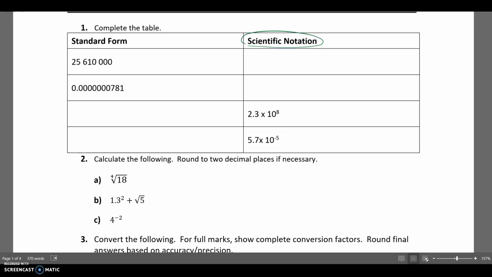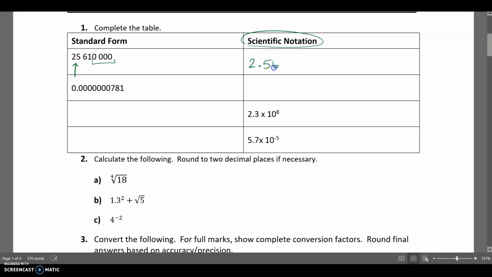In the first examples, we'll convert from standard form into scientific notation. If I look at my first number, that means I want the decimal here between the 2 and the 5. So there's only one digit, the 2, to the left of the decimal. I only write the significant digits, remembering that these trailing zeros are not significant. So my coefficient would be